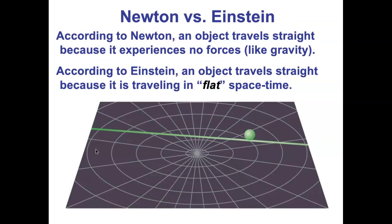According to Newton, if you throw a ball and it travels in a straight line, that must be because it's just coasting on its own inertia. There must be no forces, right? Newton's first law of motion is an object in motion will stay in motion, or an object at rest will stay at rest, unless it's acted upon by an outside force. So if you throw a ball, it's just going to go in a straight line when there's no forces acting on it. According to Einstein,